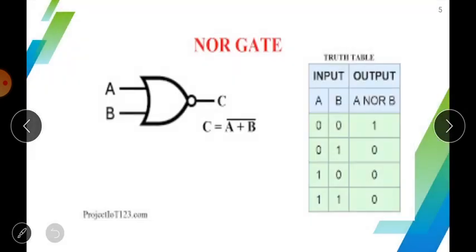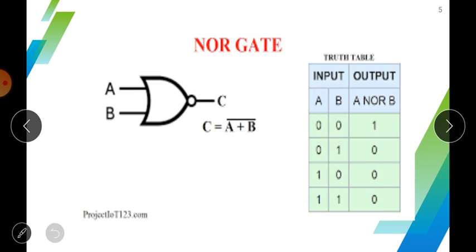You can see in the logic circuit, the truth table and the logic equation that here is a circle symbol, and this symbol is a representation of the NOT gate. So the NOR gate is an OR gate with an inversion circuit. Means first you calculate the OR output of any given input, and then you invert it. Where in the OR gate the output is 1, in the NOR gate the output will be 0.